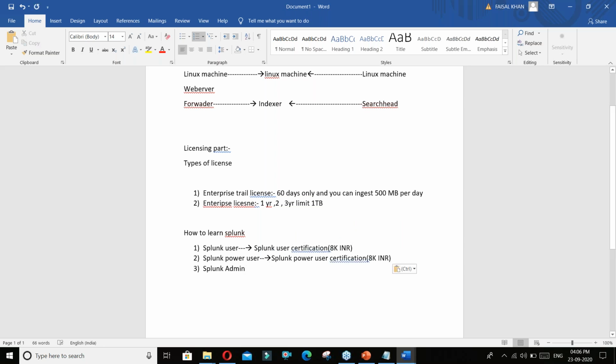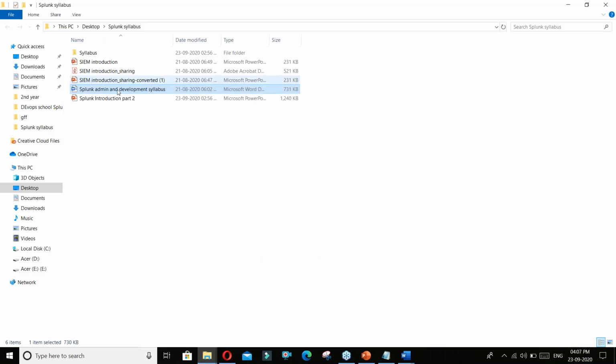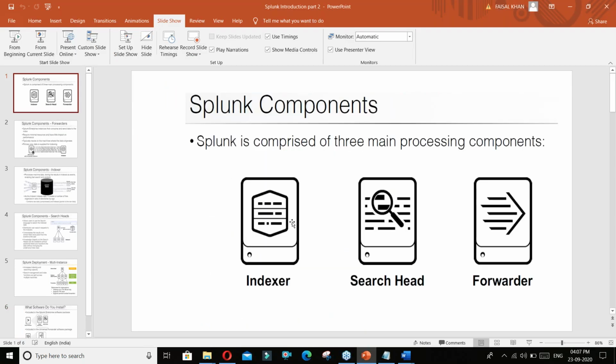Then we have the admin certification. Now what will we be learning in the admin part? In the Splunk admin part, we will be learning the administration. What you will be learning is how to maintain Splunk in a production environment, how to deploy an indexer, how to deploy a clustered indexer, 3-4 indexers in a cluster so the data is in sync.